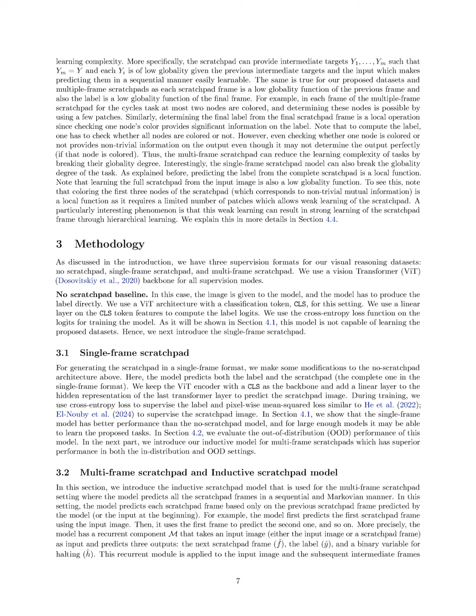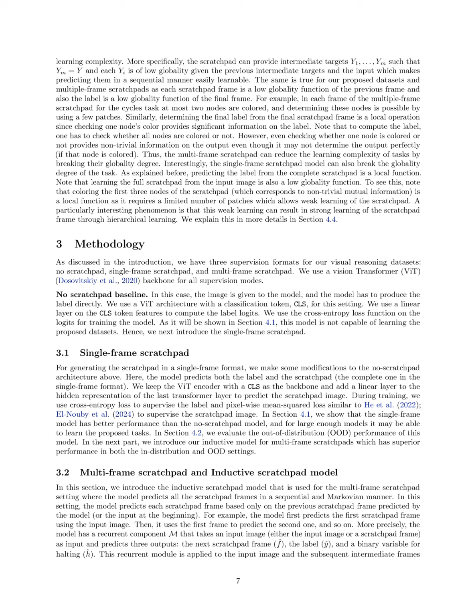Section Summary. In this section, we explore the concepts of globality and locality in visual tasks, defining the globality degree as the minimum number of patches needed to achieve significant mutual information with the target label. We demonstrate that mainstream vision tasks are typically local, requiring fewer patches for learning, while our proposed tasks exhibit high globality, necessitating more information for effective learning, and we discuss how Scratchpads can help reduce learning complexity by providing intermediate